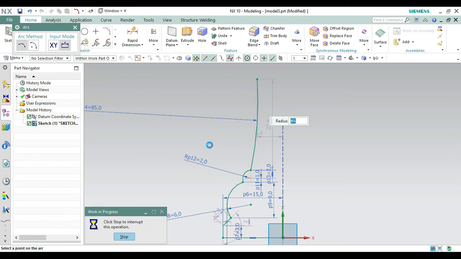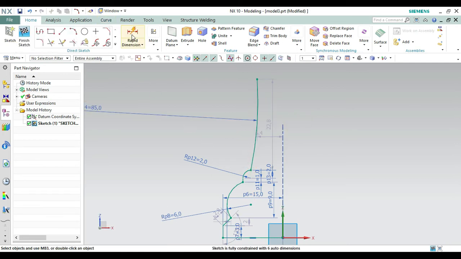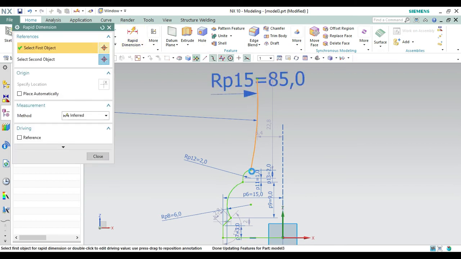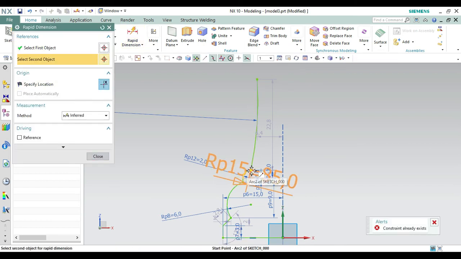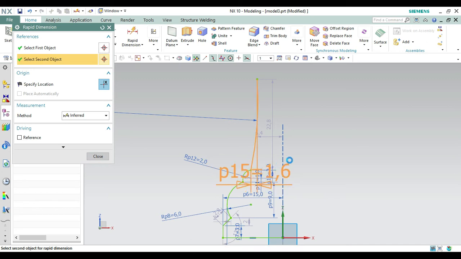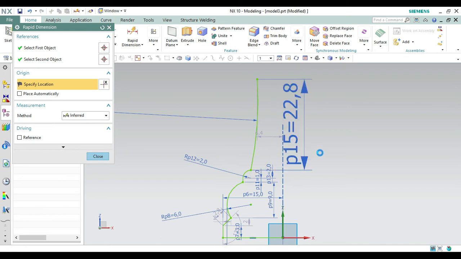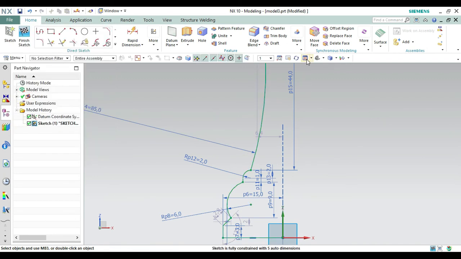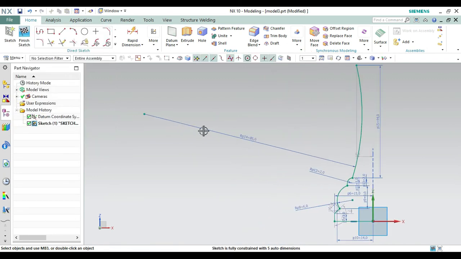Okay, now what we have to do is to do rapid dimensioning of this fast. So from here taking the first point, taking the end point of arc, take only one arc, otherwise it will take the distance between the two arcs. Okay, so from here make it to 44.02. Let's do it fast. 44.02 like this one. Okay, now make it fit from here like this one.